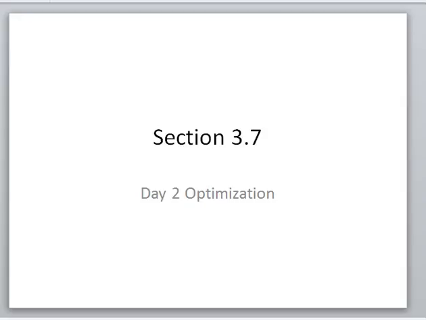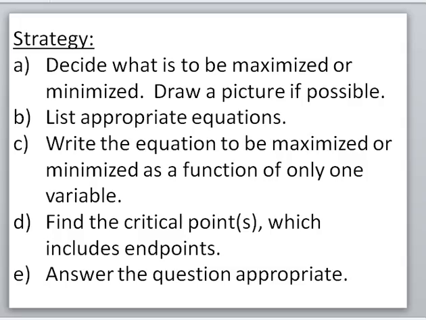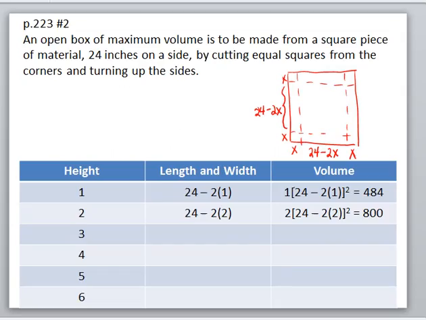Okay, we're going to be doing a few more story problems. We're going to use the same strategies that you've seen in the prior videos. So here's those strategies again. The one problem I'm going to do today talks about having an open